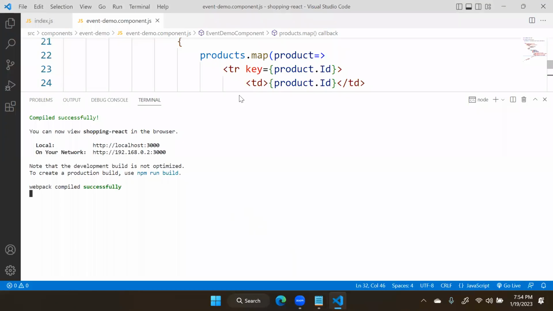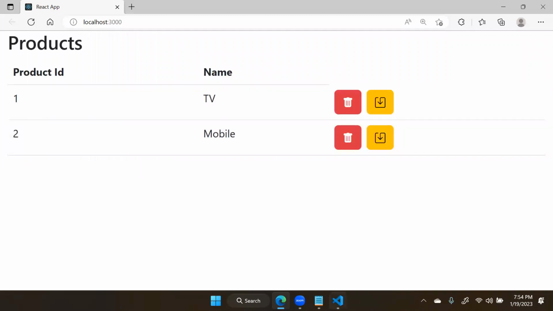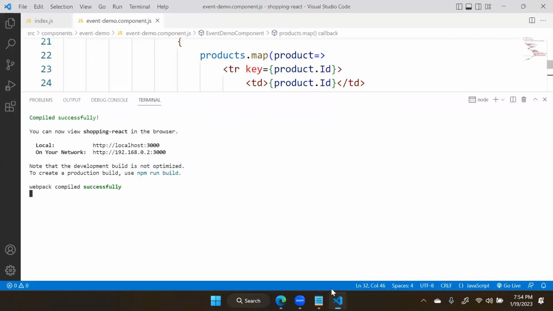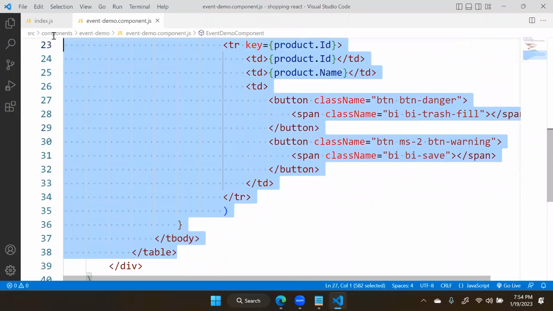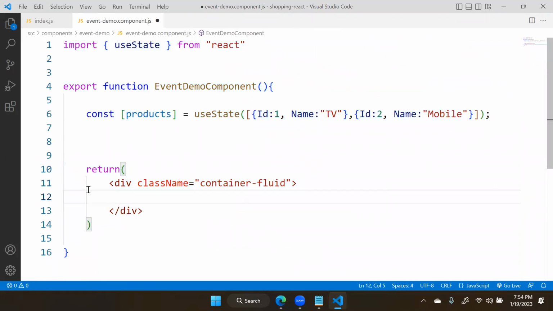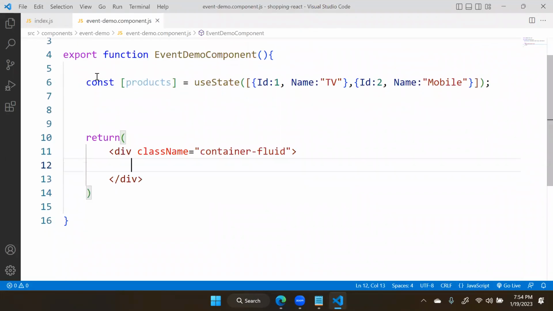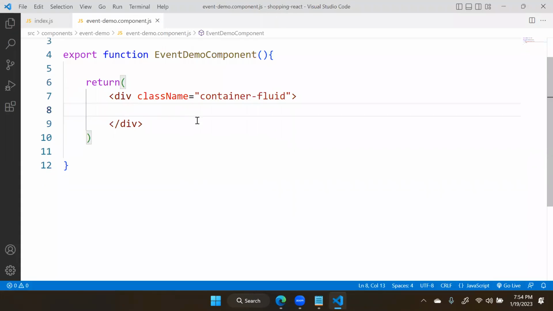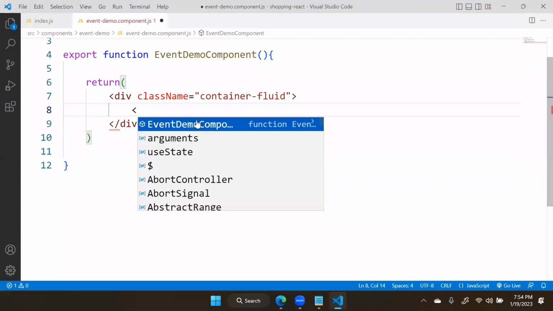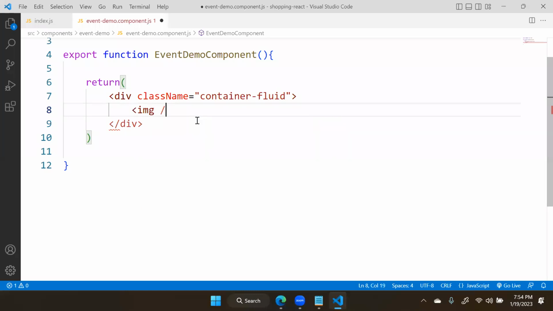This is the default we are having. Let's see one example here. First thing, I will create a new simple container. And here we are defining, this is event demo. I'm just adding one image. In this image, let me keep some